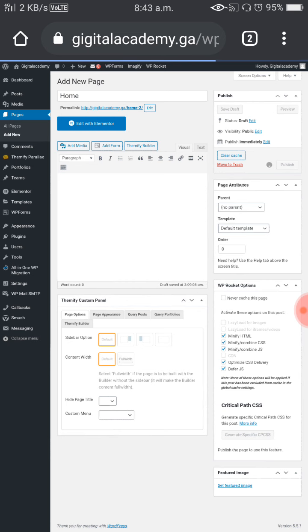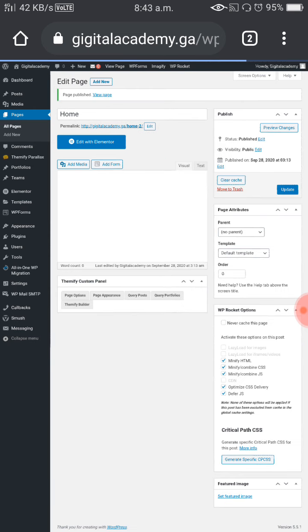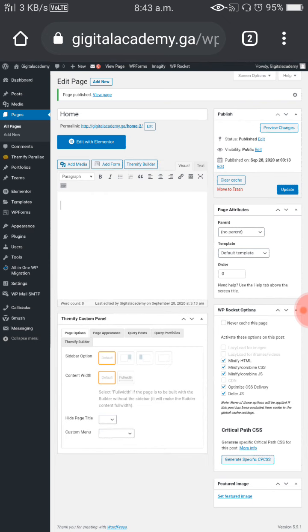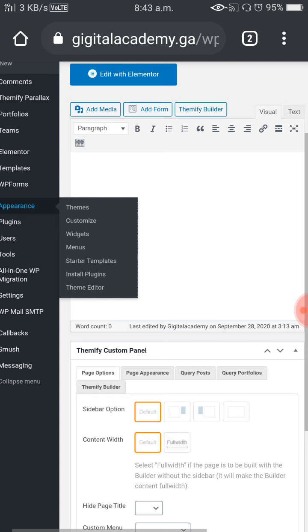The page is now live on our site. So when you click on the URL of the page, it will take you to the page. Okay, so now let's talk about theme. When you click appearance, you will come to theme. In this theme, that is where you have a lot of